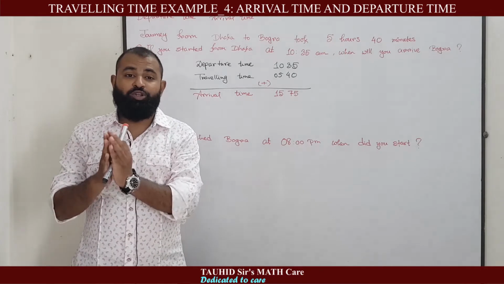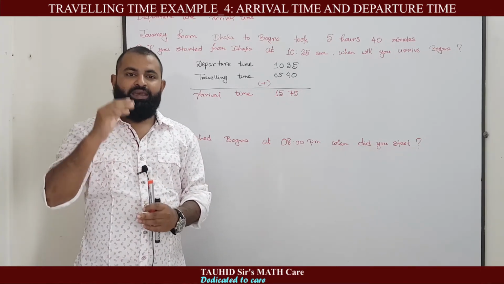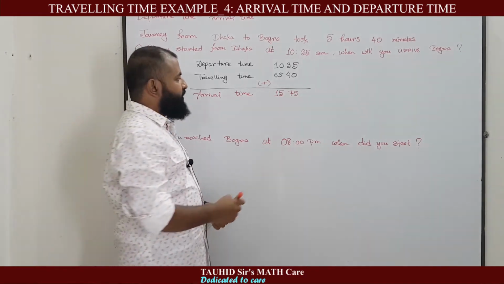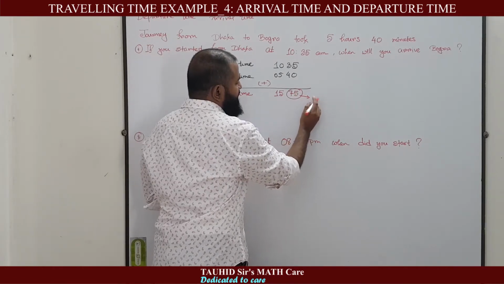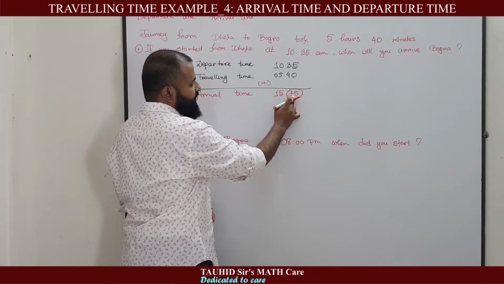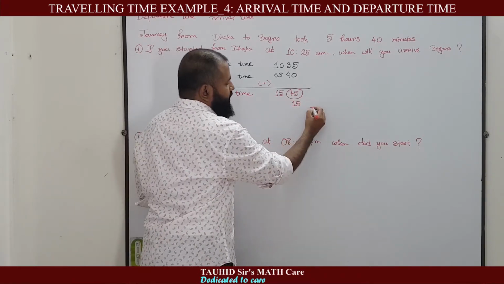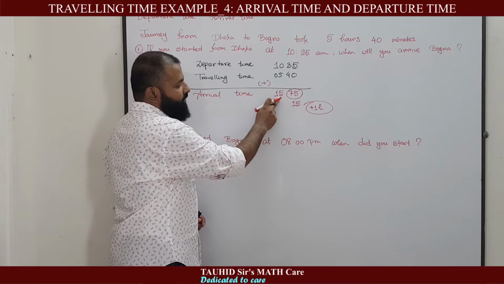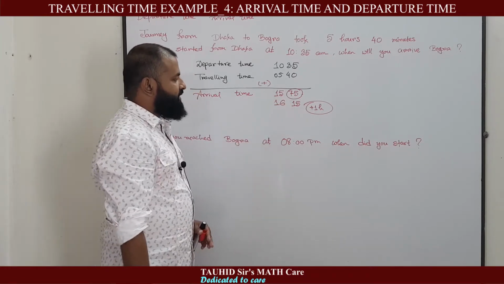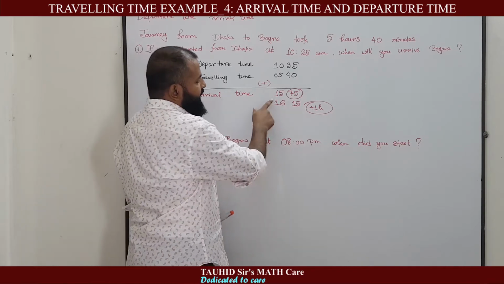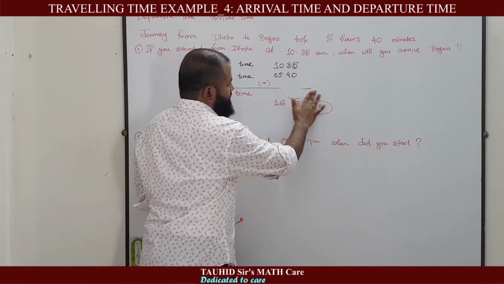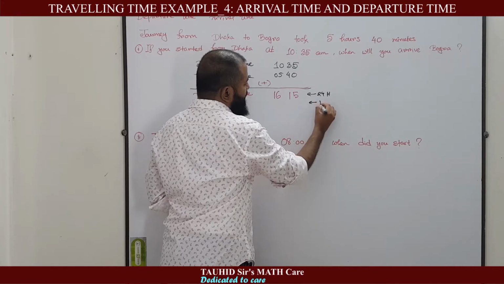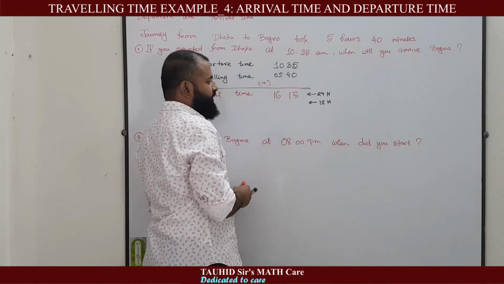We don't use minutes beyond 60, because after 60 it becomes 1 hour. 59 minutes we use, but when we say 60 minutes, that means 1 hour. So we will reduce 60 from here. If we subtract 60 from 75, we get 15, and we have 1 hour in hand, and this 1 hour will be added to this, so this will become 16. So the arrival time would be 16 hours 15 minutes, or we can say the arrival time is 16:15 in 24-hour format, and in 12-hour format we can subtract 12 from this,